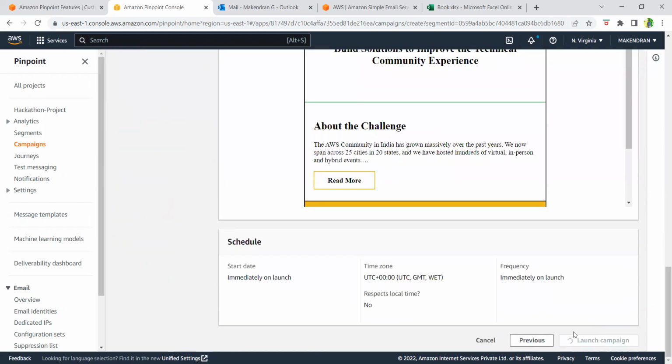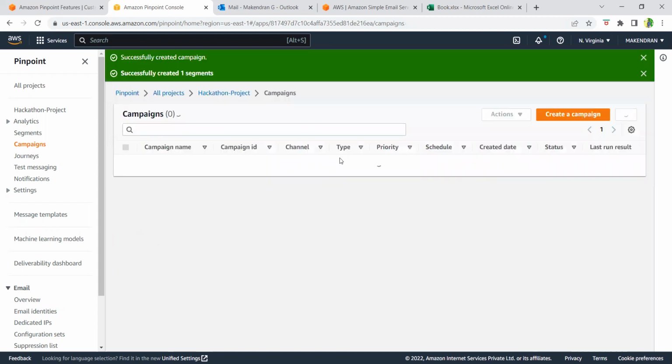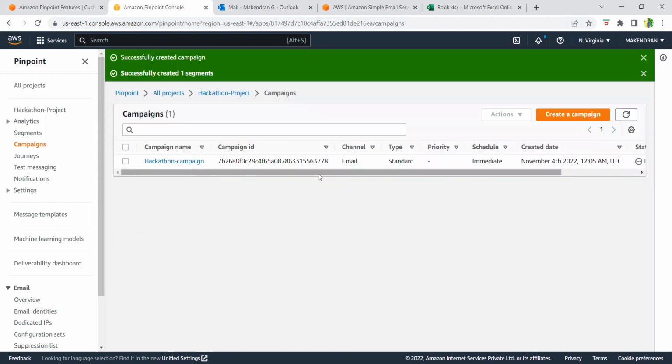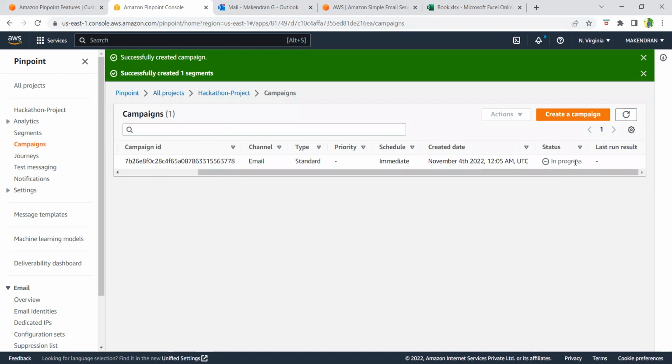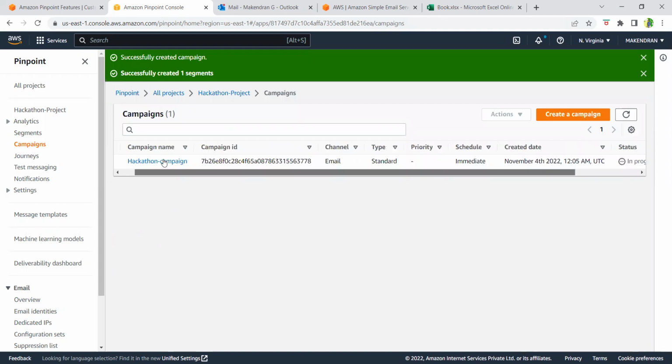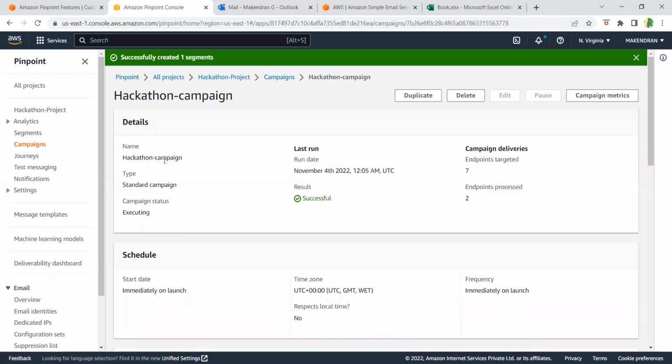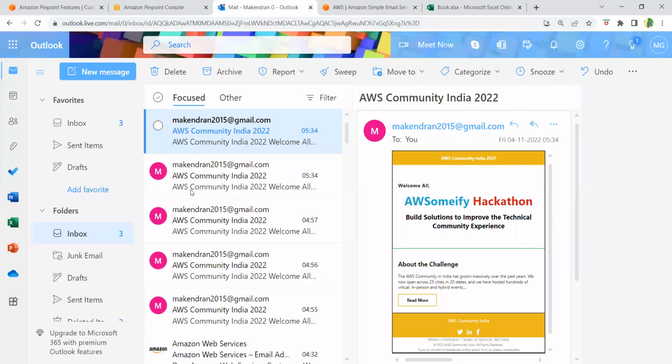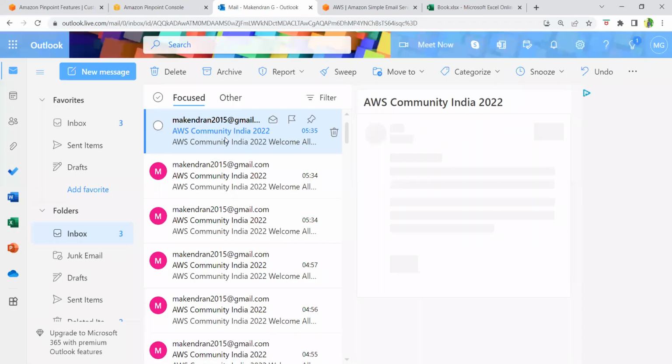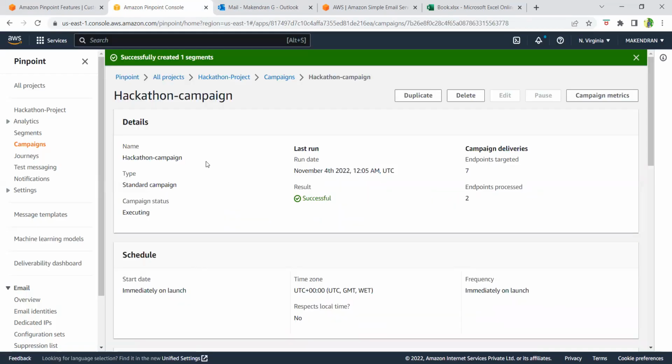So launch the campaign. If I click launch campaign, here you can see the progress, and to all the 7 endpoints, the mails will be shooting up. Here you can see the result is successful, and we got the mail also. See, now we got the mail. Now we have seen how we can easily send a personalized email notification for any such kind of events